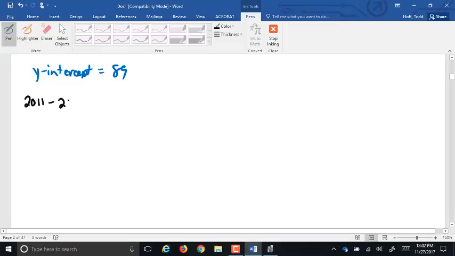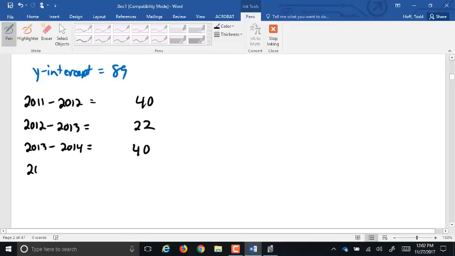for 2011 to 2012, what was the change? 40, exactly, perfect. From 2012 to 2013, the change was 22. From 2013 to 2014, what was the change? 40 again. And from 2014 to 2015, what was the change? 35. Perfect. So then the average rate of change was